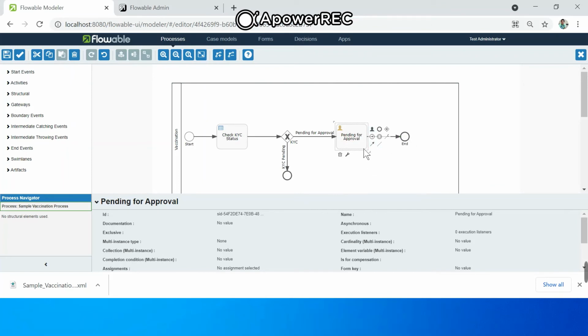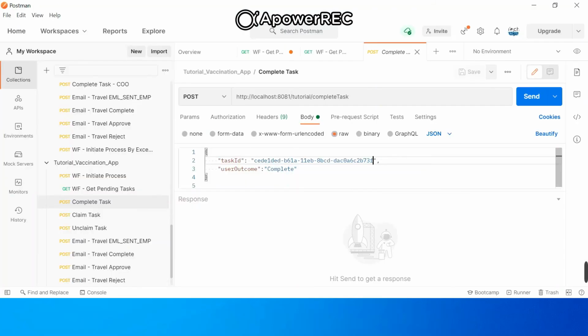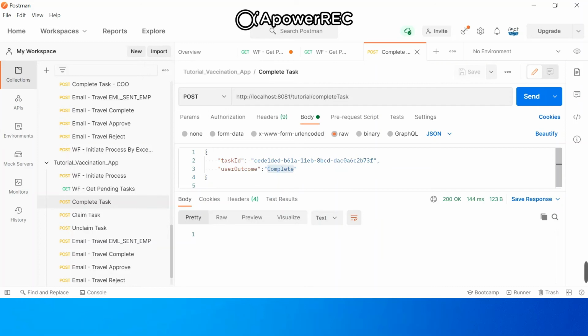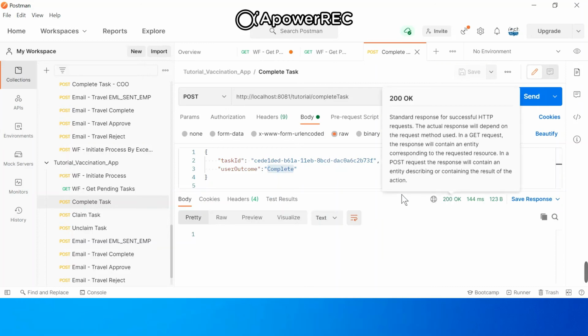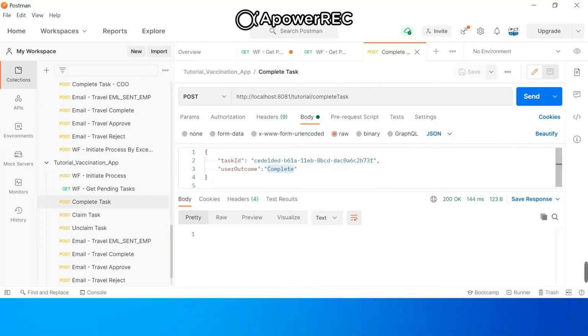If there are multiple outcomes, let's say if you want to approve or reject, then based upon that your outcomes may change, and based upon that you need to orchestrate your workflow in different directions. For simplicity, as of now we have only one outcome, so let's give it as complete. If we click on the send button, we have this 200 OK, which means this user task has been completed